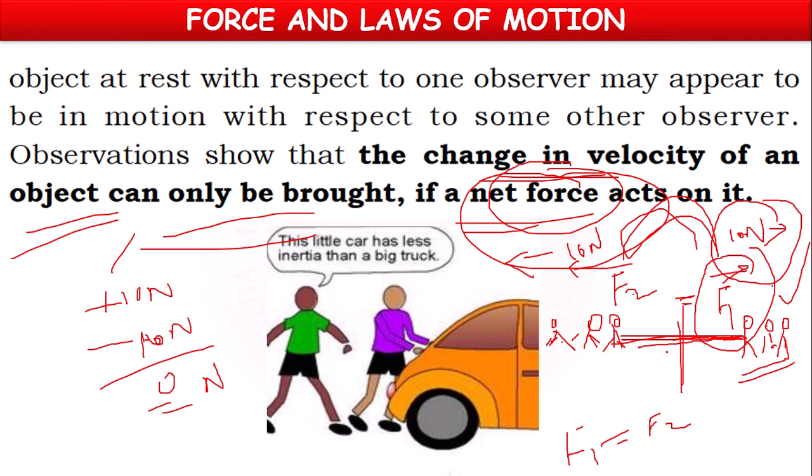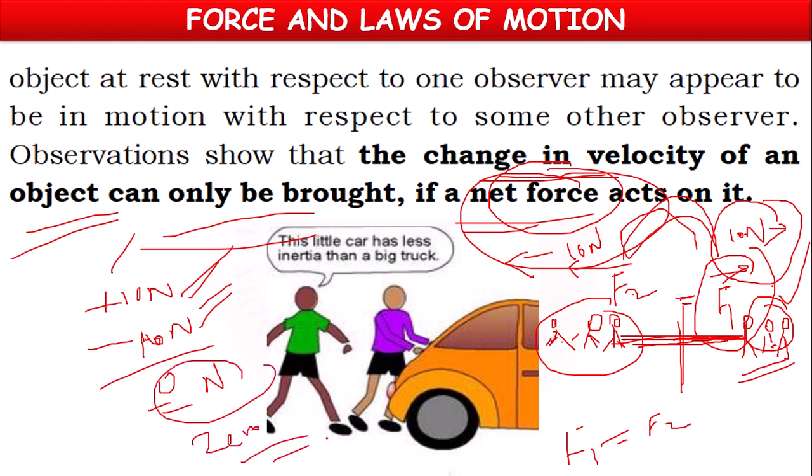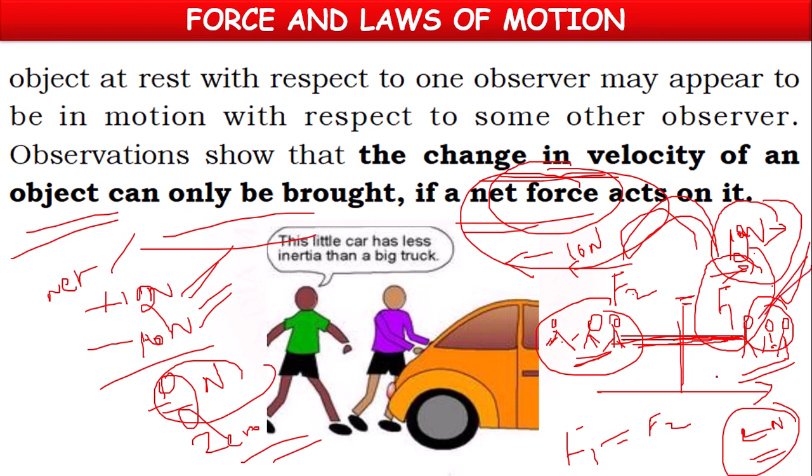So that's why nobody is moving. Nobody is crossing the line. The rope is like that only. The players are like that only. Why? Because they are applying the same force in opposite directions. Because of that, the total net force, the resultant force, is 0. That's why we are not able to observe any change. But once on one side the force is more, 12 Newtons, and on the other side 10 Newtons, then what happens? 12 Newtons minus 10 Newtons is 2 Newtons. So on the right side, 2 Newton force is more. So these people will be pulled towards the right side with the 2 Newtons net force, and they will cross the line, and these persons will win the game.